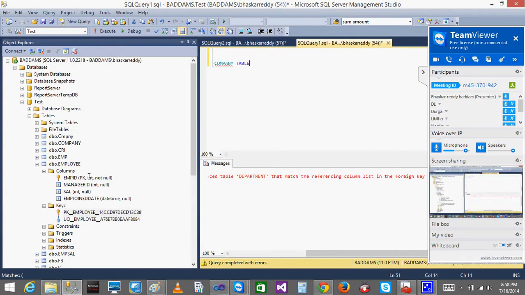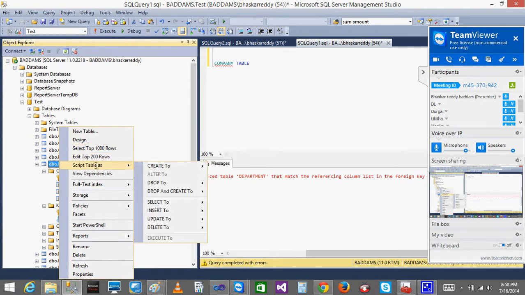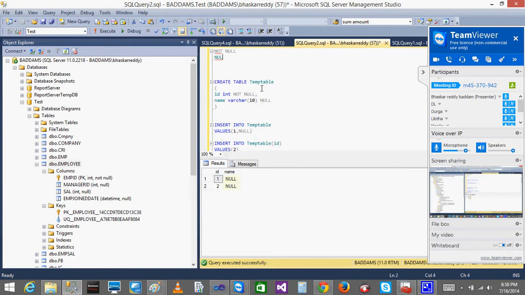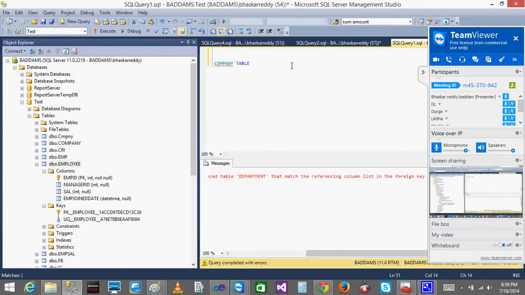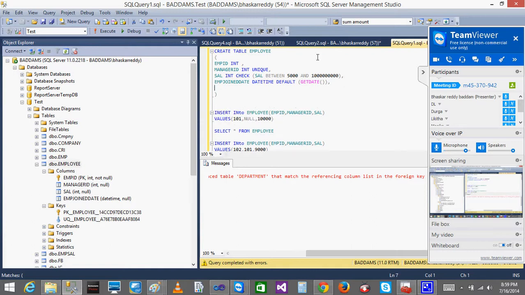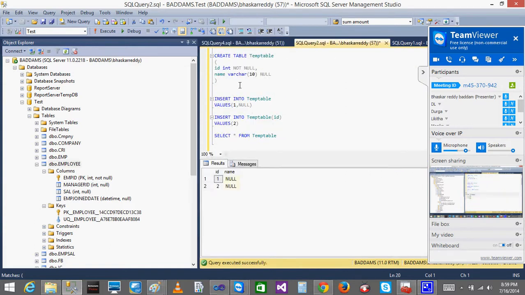How you are going to create it is, I will click on the employee table and go with Script Table As. Previously, we had given the primary key while creating the table at the beginning, right? Normally you can give the primary key in another way also. Just leave it at the end of the columns, at the end of the table creation, you can keep a comma. Here also you can give primary key and the column name. So you can give it directly here.